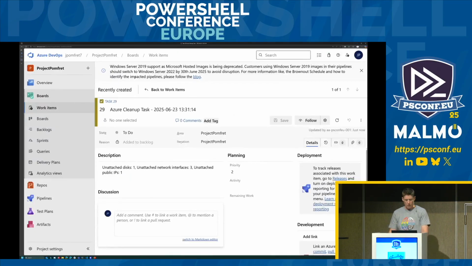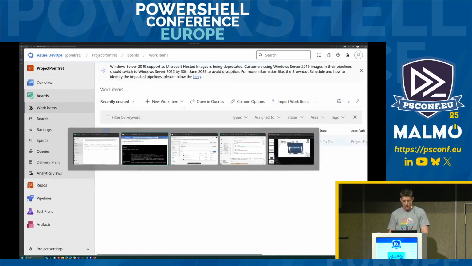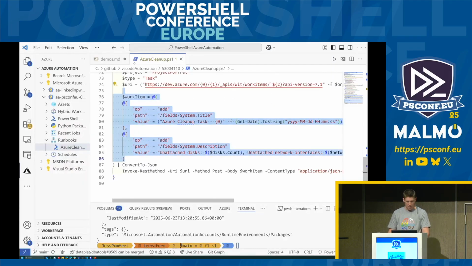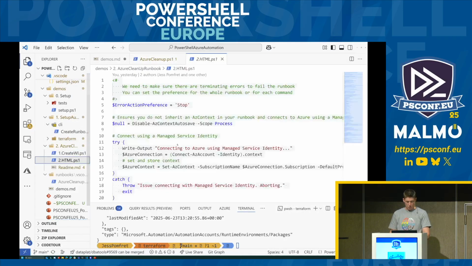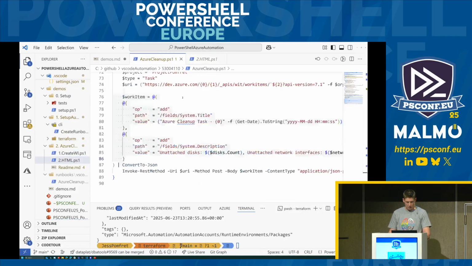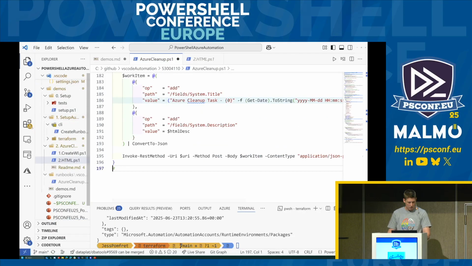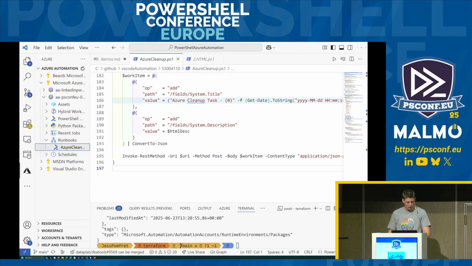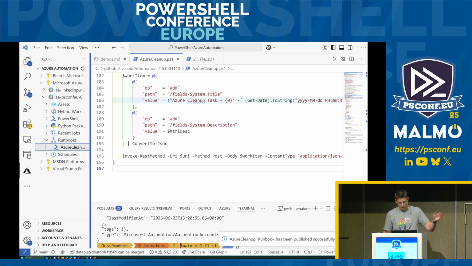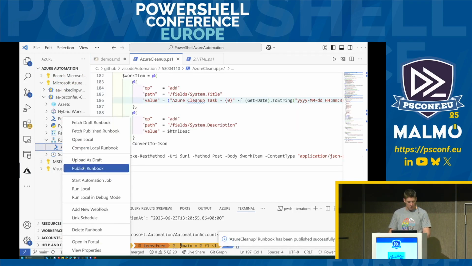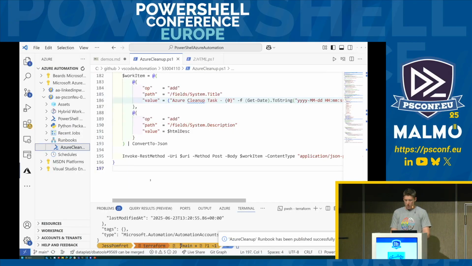So I realize I'm almost into the question times, but let me go back to the code because we can make this much better by using the PSHTML module. So I'll just grab that. I'll throw it into my Runbook, save it. I will publish that. Shows us published, and then I'll run it. And while this is running,